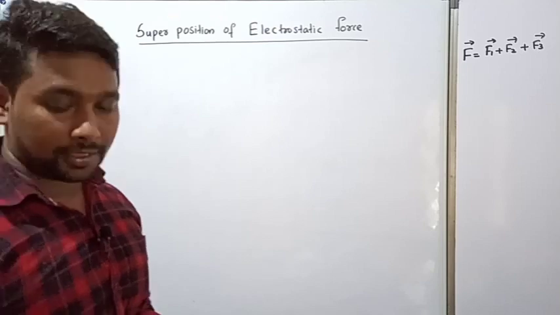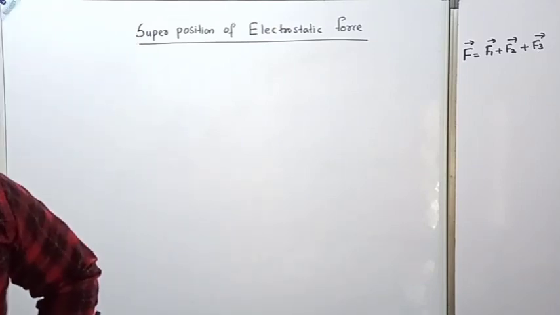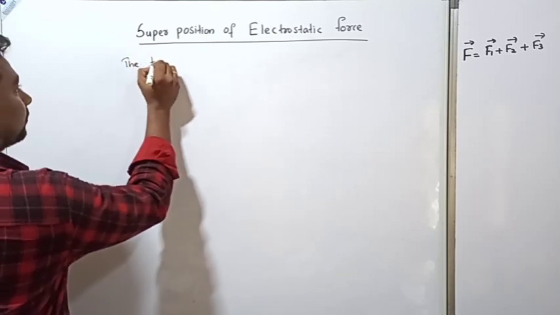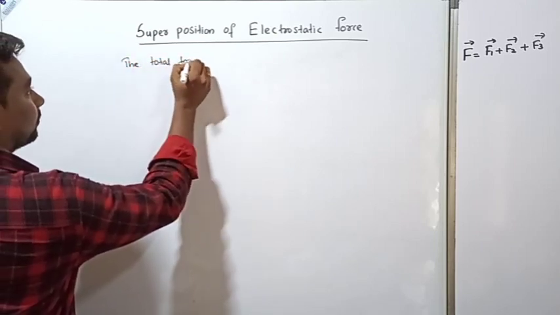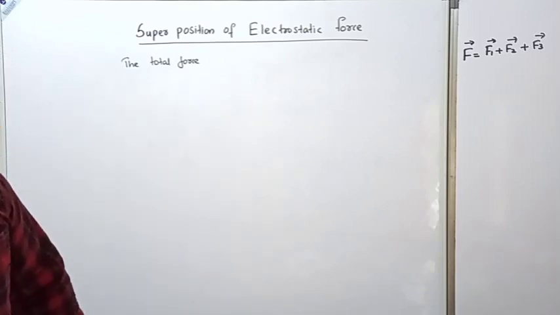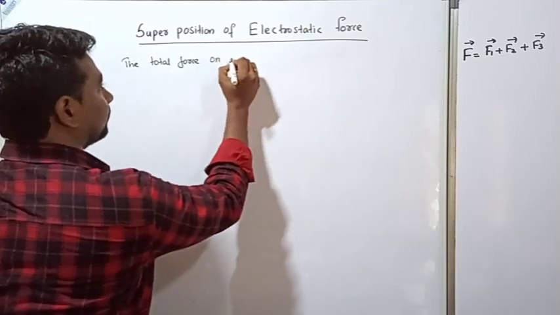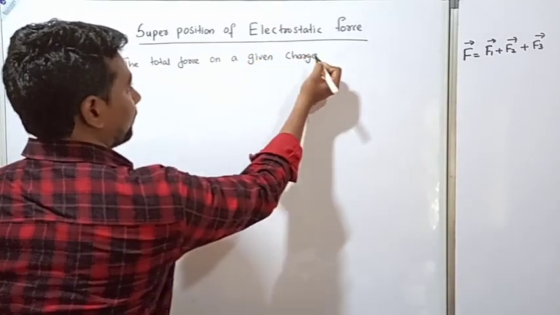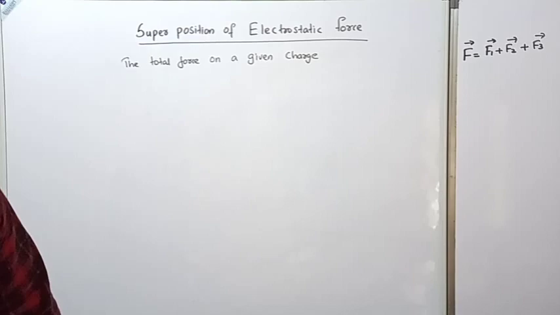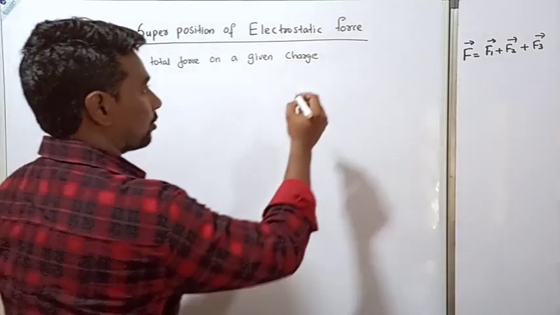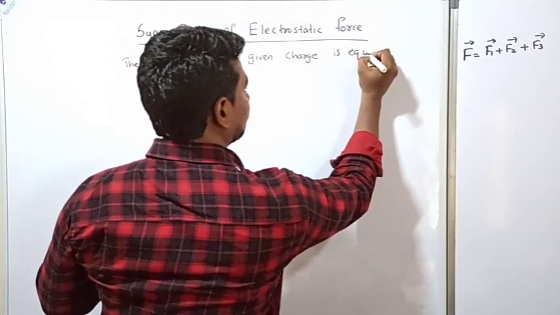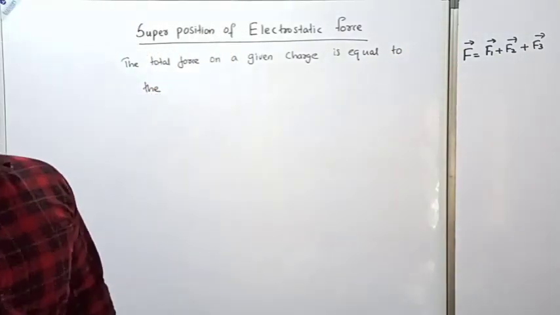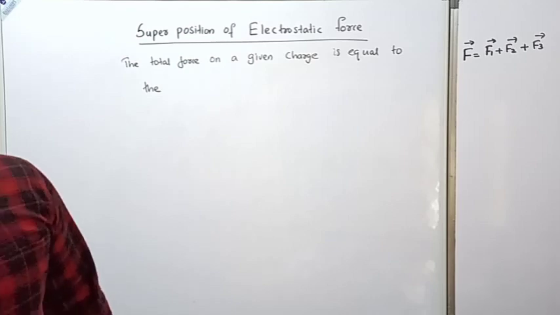You will write the definition. The total force on a given charge is equal to the vector sum of the